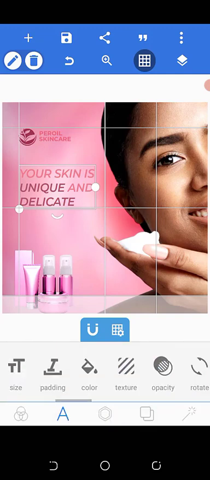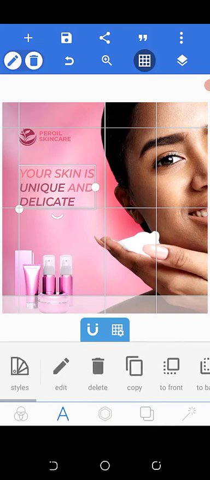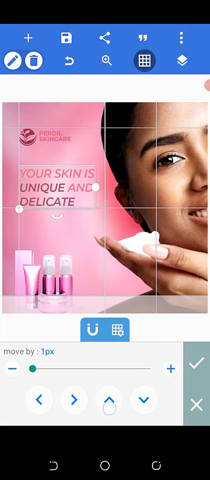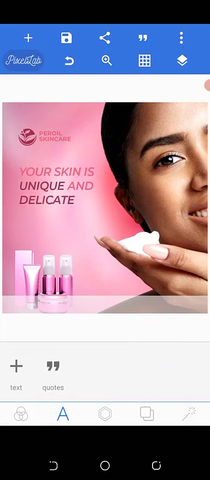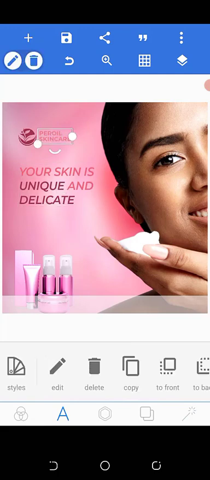Alright, so now that they are selected, make sure they are not passing that line, your text is aligned to that line. Alright, your skin is unique and delicate. So the next thing, okay, let me copy this instead. Just the